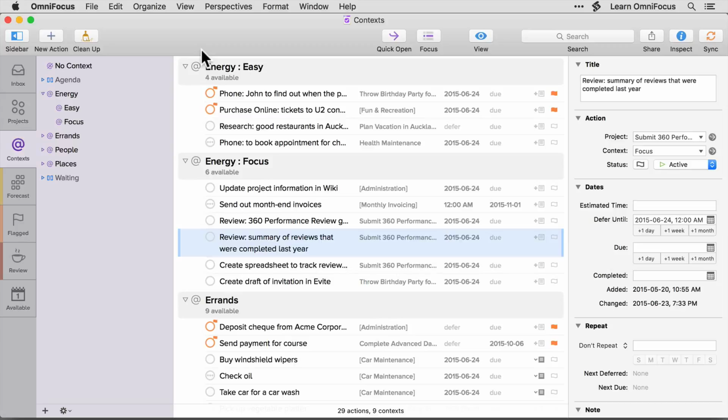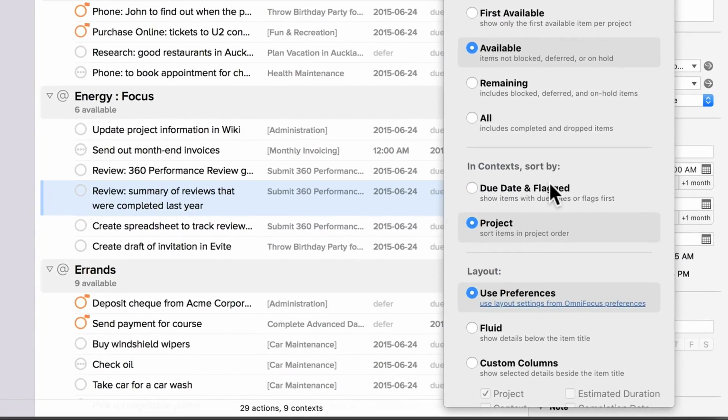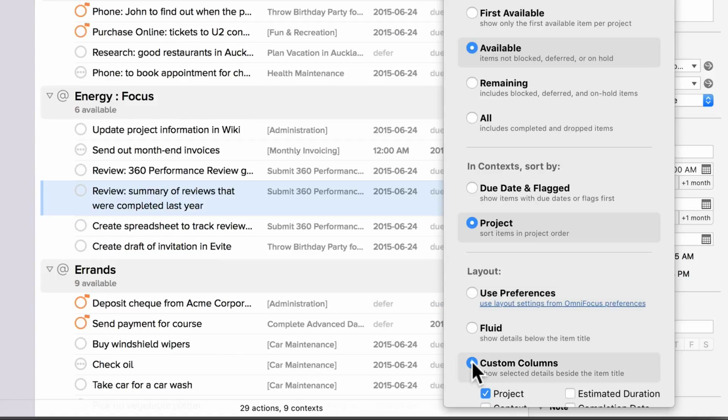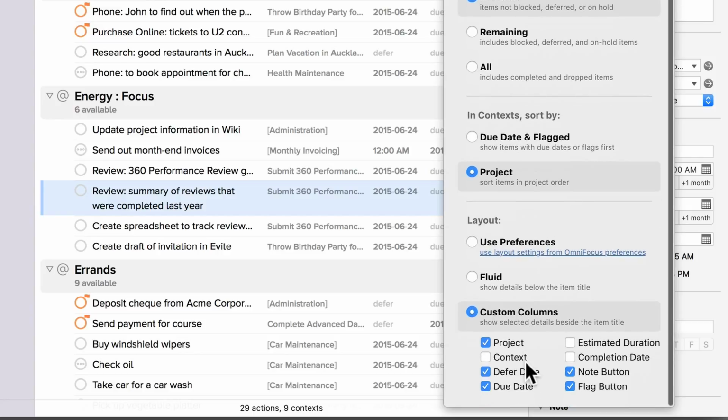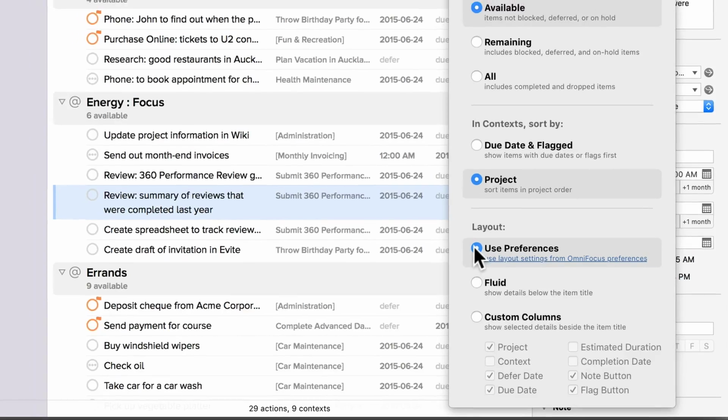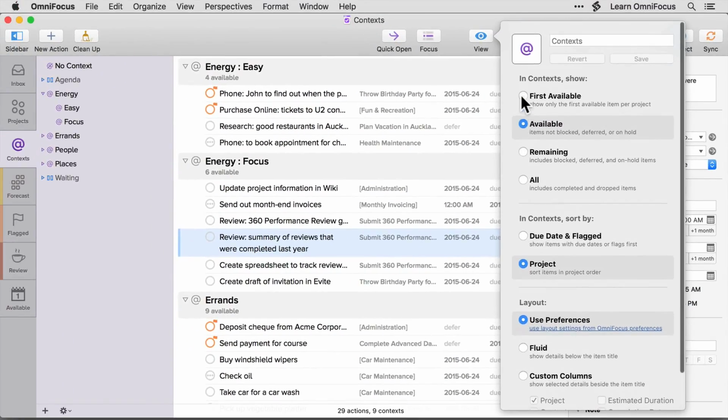of OmniFocus. If you click on the View button or press Command-Shift-V, you'll see that there's a layout section that allows you to choose to use the default layout settings that are specified in Preferences, and you can also choose to use either the fluid layout or to use custom columns for this specific perspective. If you choose custom columns, you can even choose which columns are displayed for this perspective. I'll switch this back to Use Preferences for now, and we'll click on the View icon to hide the view